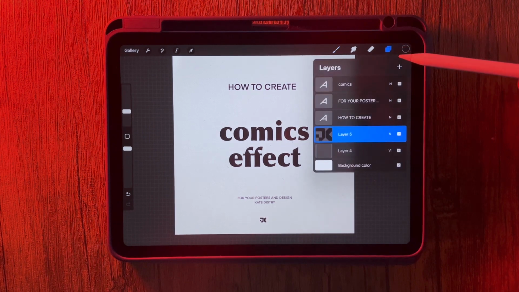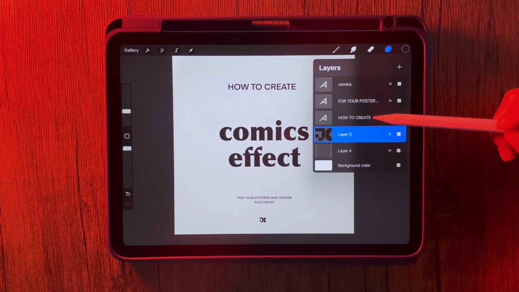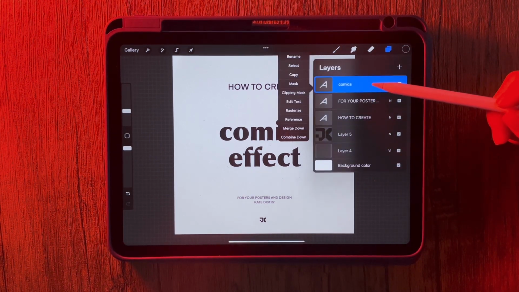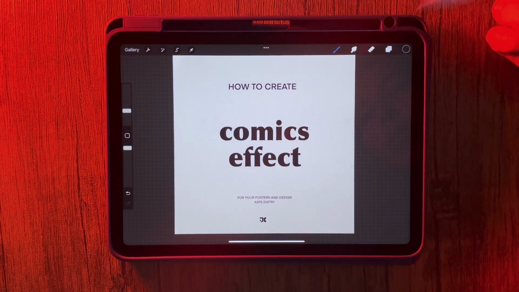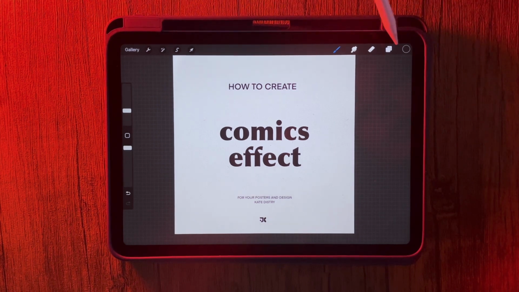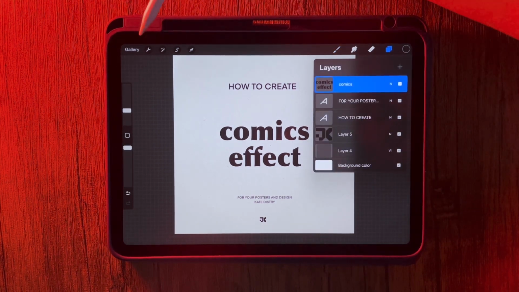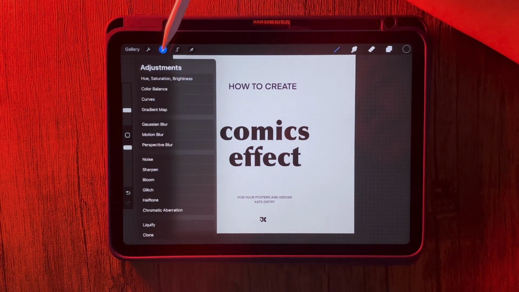We've got text, so rasterize. Firstly, we need to choose the layer with our text and click on rasterize. Then go to the magic stick with this layer. Magic stick,